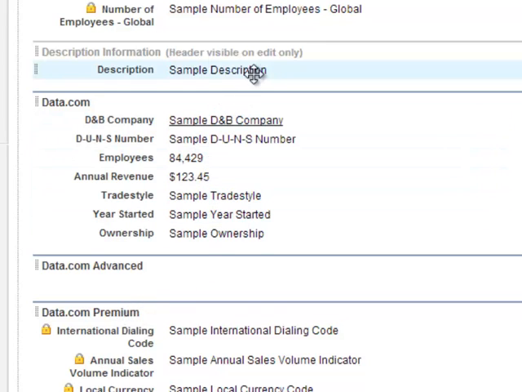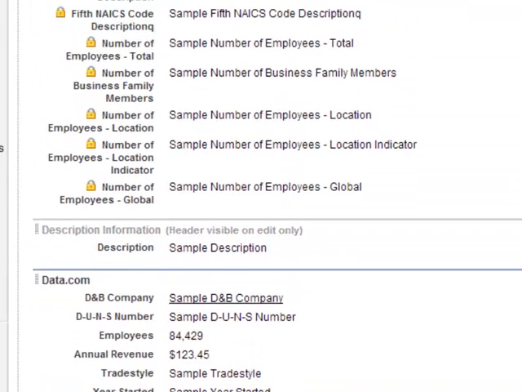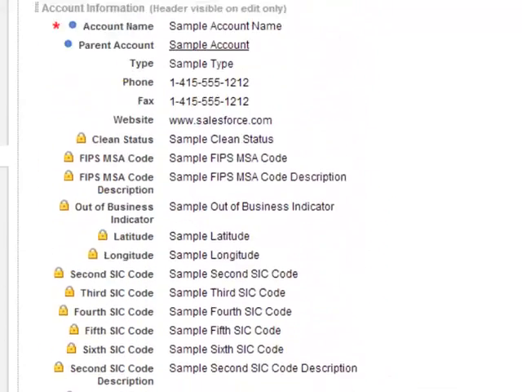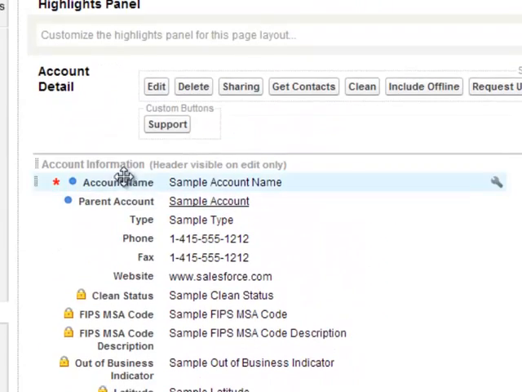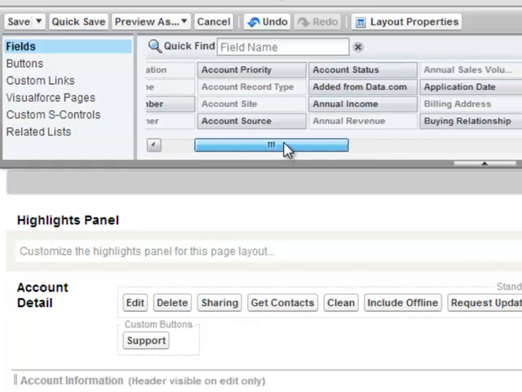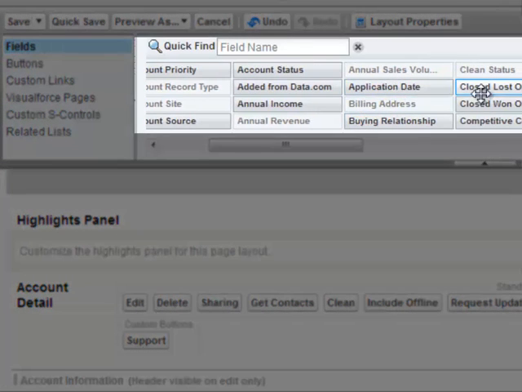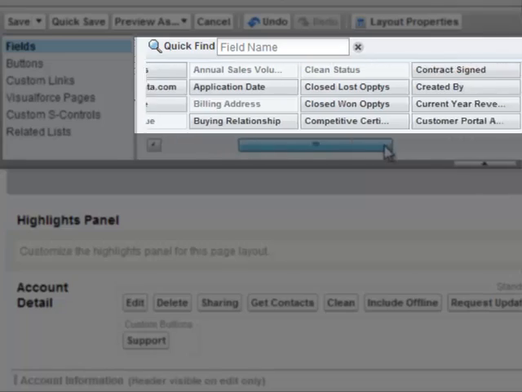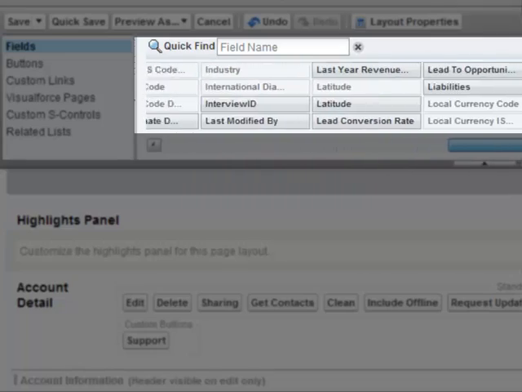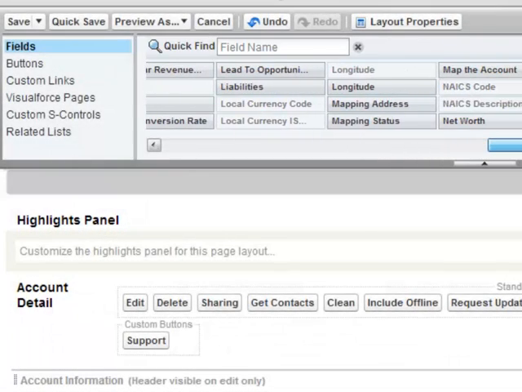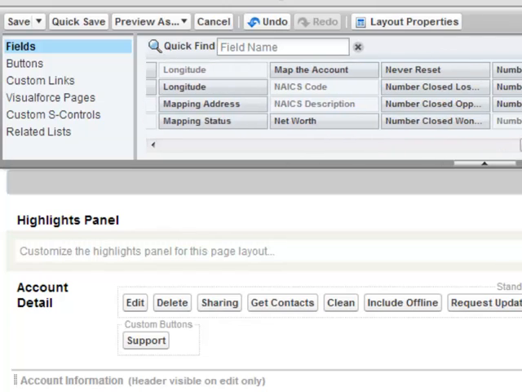But then all you do is drag the field. Now, by default, when you create a custom field in your account, it's going to be dumped right here in this main account information. Okay. If you don't find it here, then look for it up here in this section. You can see you've got the names of all of the fields that are available to you in the account object. Okay, and notice when I get to number of employees global, or let me see here,